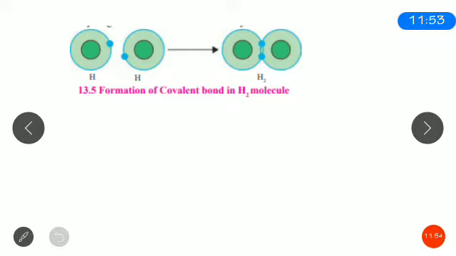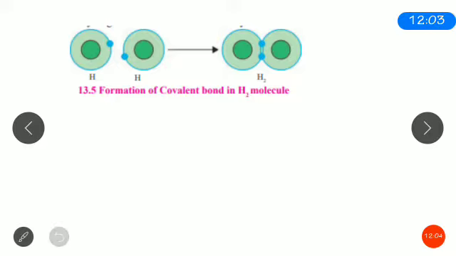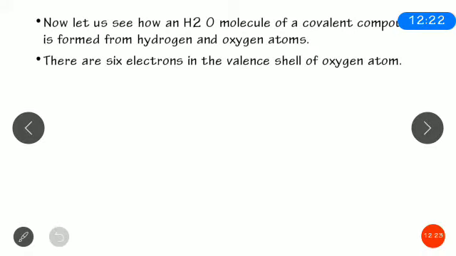So let's see. For example, over here you have one H and another atom of H, and they need at least 2 electrons, so that the shell is filled. So they share these 2 electrons among each other, and this is how the bond will be formed. So as you can see, H2. This is how it is. And the water molecule also has covalent bonds.